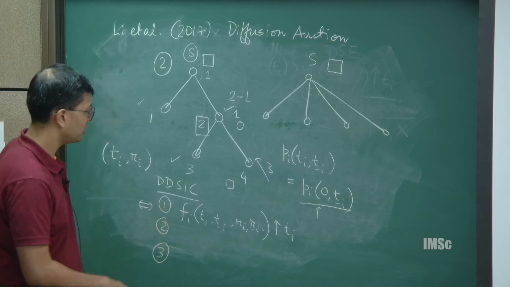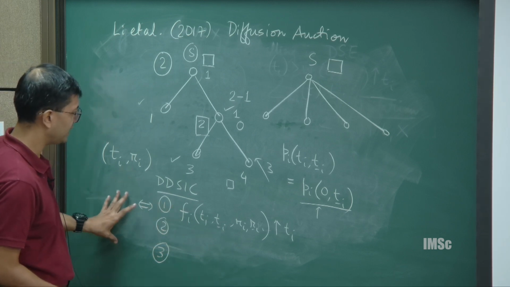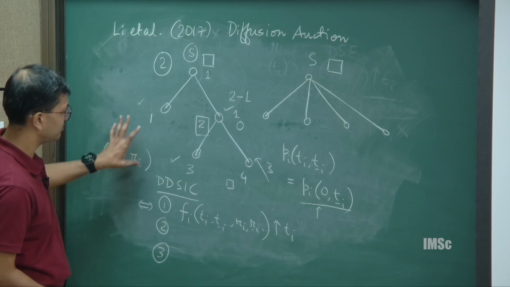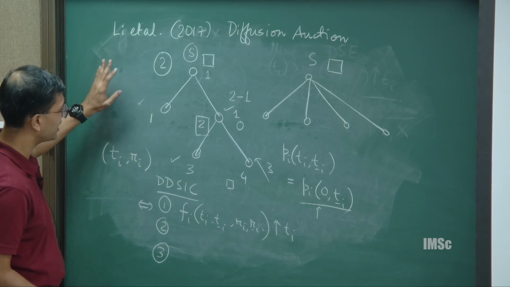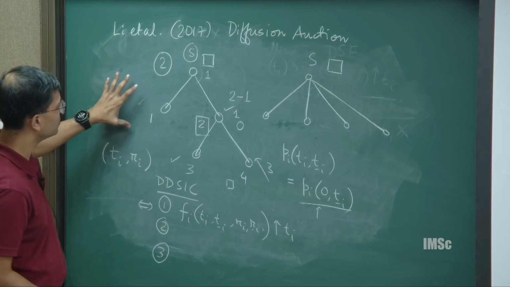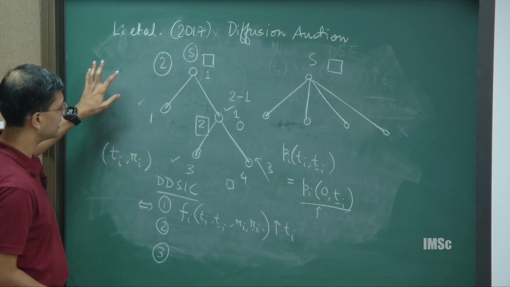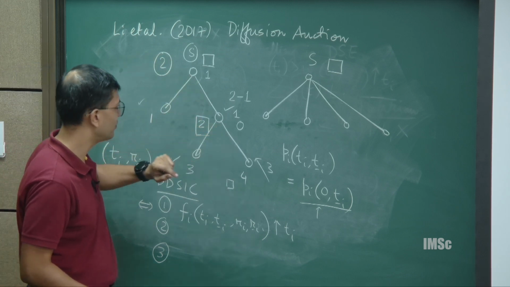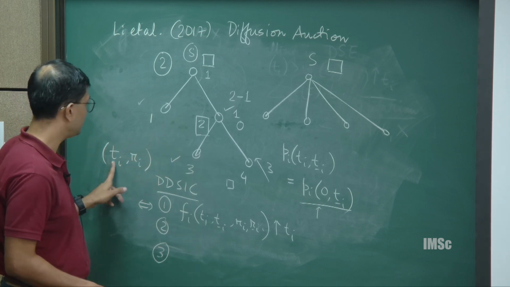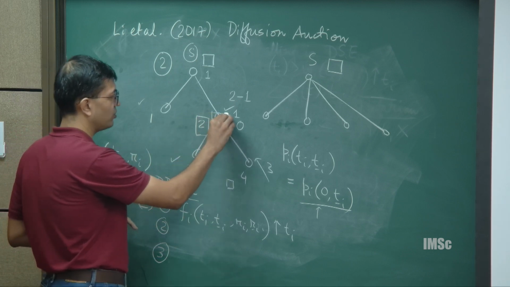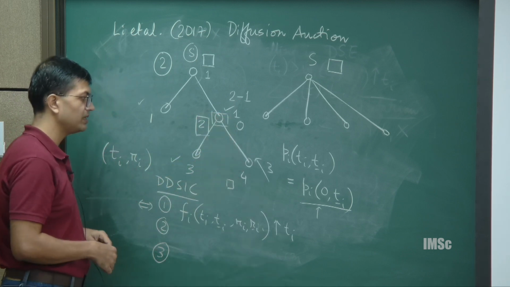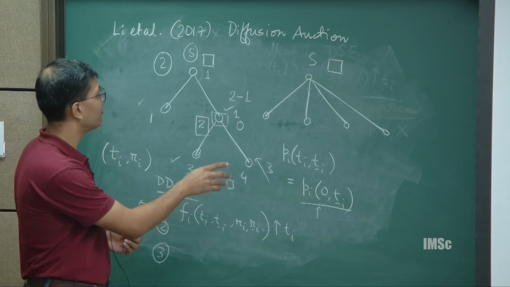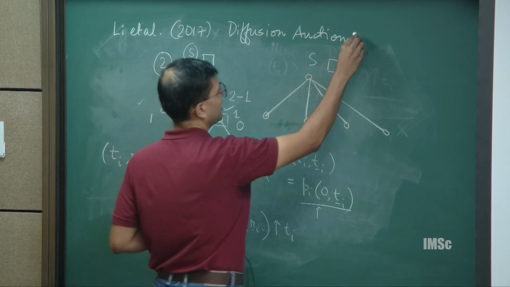There are various updates to this mechanism which we are trying, and other people are also trying, to maximize the revenue at the center, and if you have special types of nodes which do not have Ti. Suppose there are only relay nodes here, then what happens and so on. So it is an active area of research. This diffusion auction design